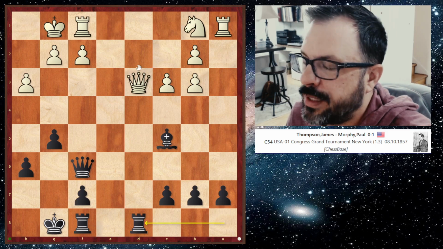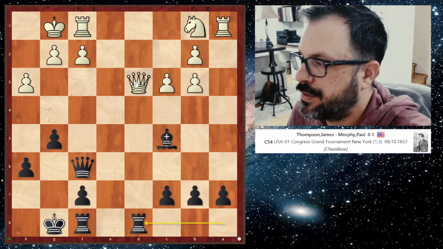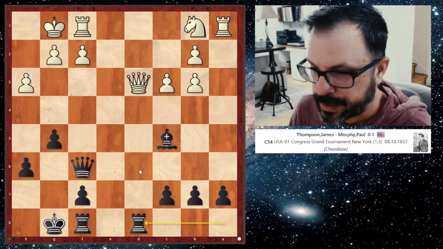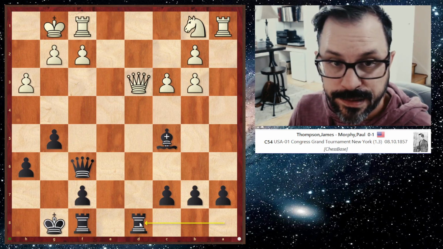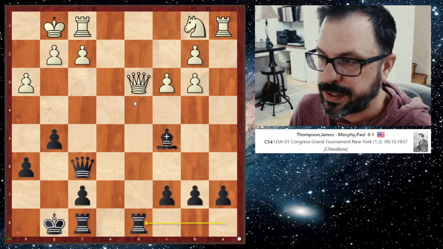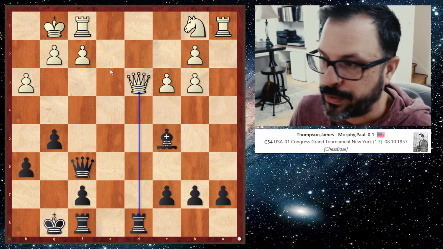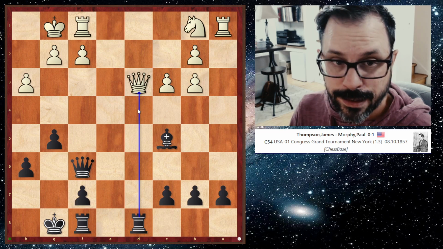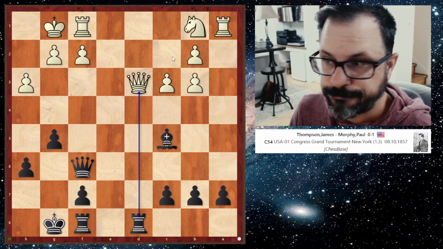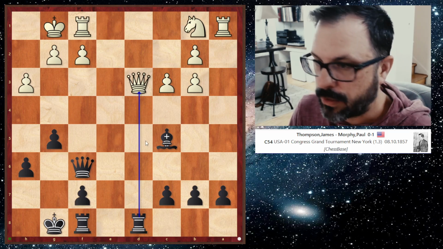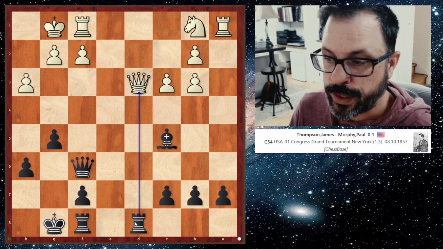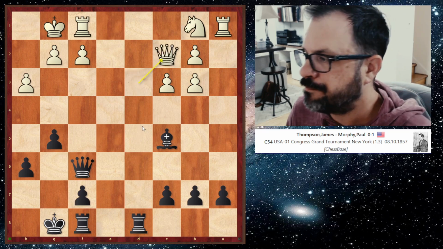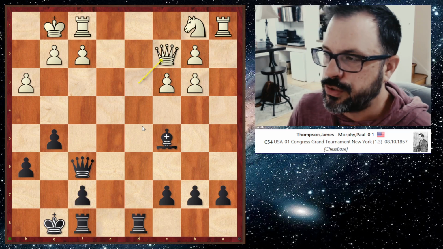We played rook a to d8, attacking the queen. It's a really good tempo move. And when I talk about tempo, that means a piece of lesser value is attacking a piece of greater value. So the piece with the greater value either has to block, or move out of the way, or take. Now, obviously you don't want to trade a queen for a rook. So Thompson has to move his queen, and we'll move his queen to c2,